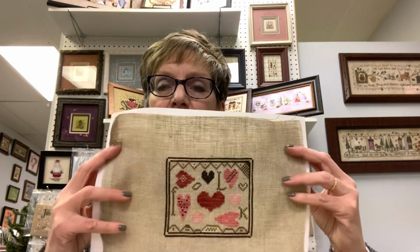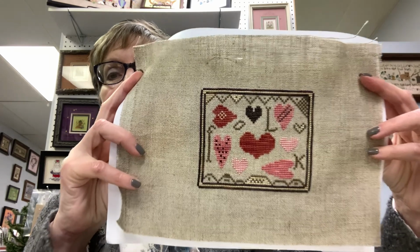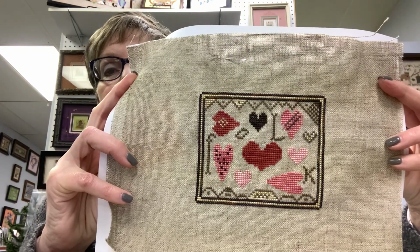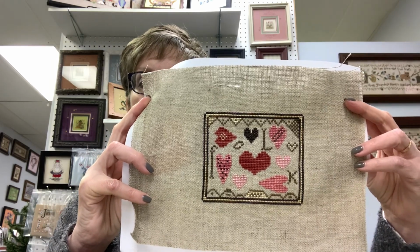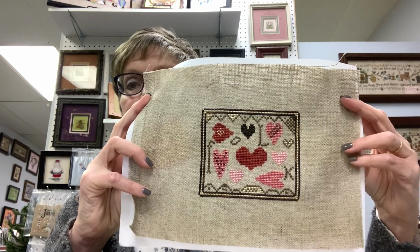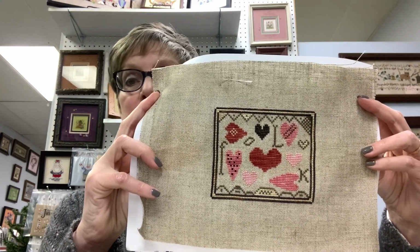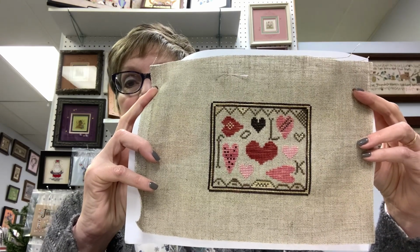So the first one, oh, I forgot my board. I'll just use this. All right, so nothing shows through. This was a freebie from Not Forgotten Farm called Folk Hearts. And Lori used 6 colors of DMC, and I chose 6 different colors of Gentle Art Overdye, just because I can. And I didn't really change anything about the design, but I did put the colors in different